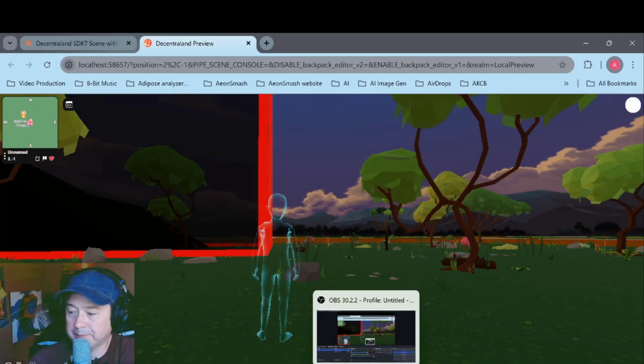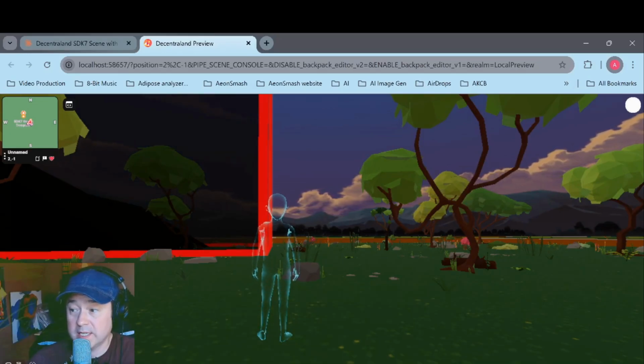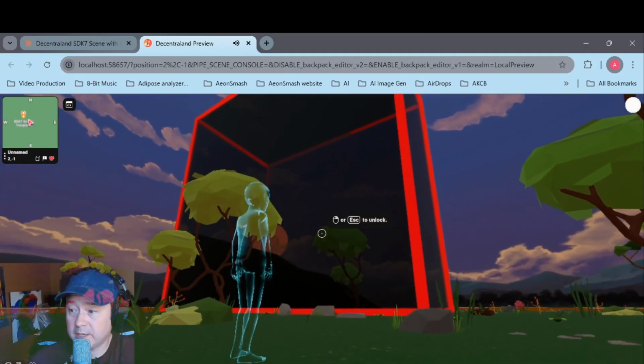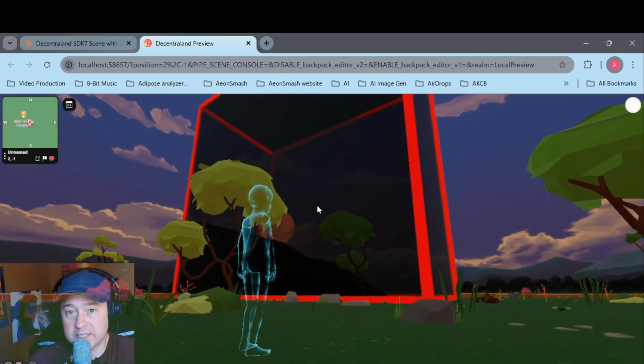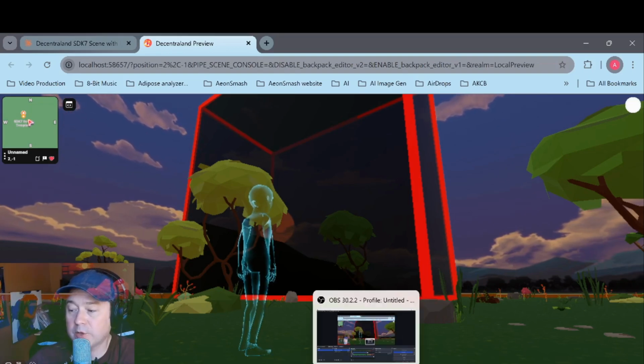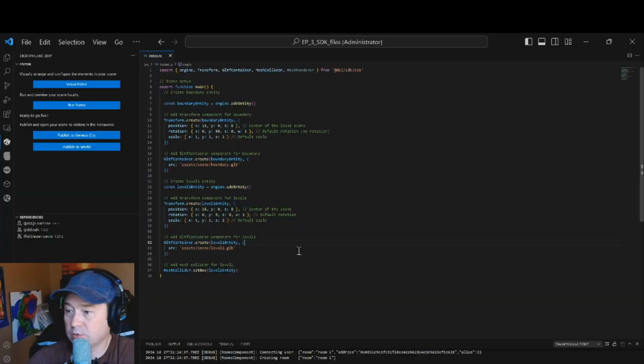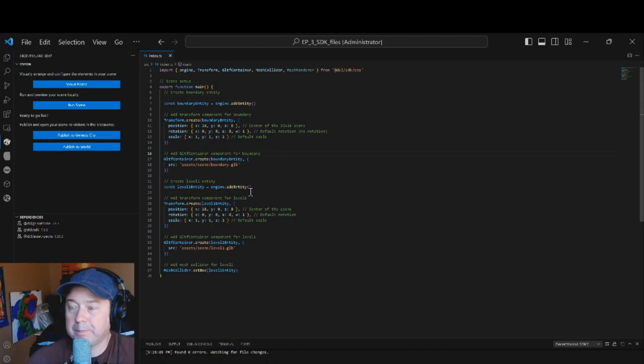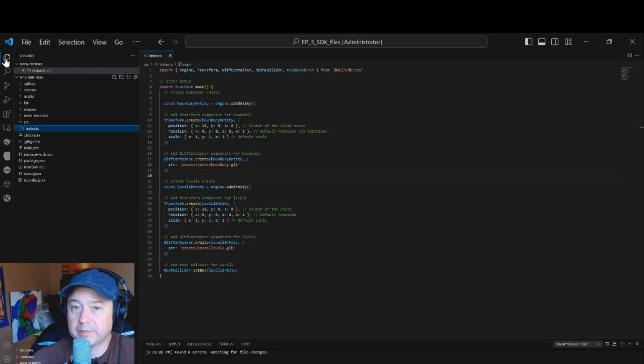So the reason why we're getting these boxes is because the default scene is for just a parcel, 16 by 16 meters. And so what I'm gonna do is reverse that change. Okay, save it. So even though I told Claude that this is the size of my scene, what I need to do is give the scene information for the size. So we're going to click on scene,